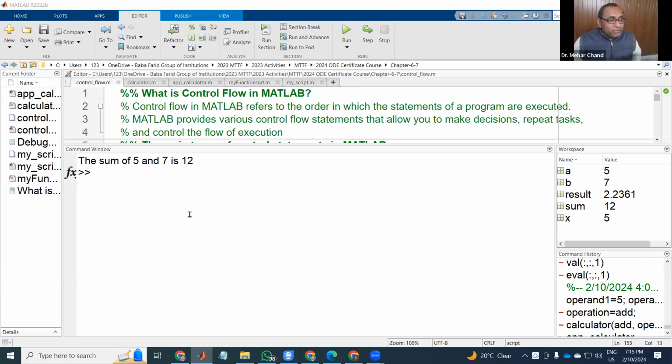MATLAB will follow our instructions only on the basis of some control statements. Control flow in MATLAB refers to the order in which the statements of a program are executed, and MATLAB provides various control flow statements that allow you to make decisions, repeat a task, and control the flow